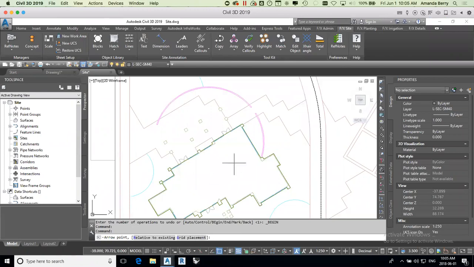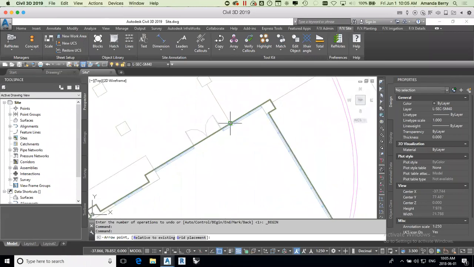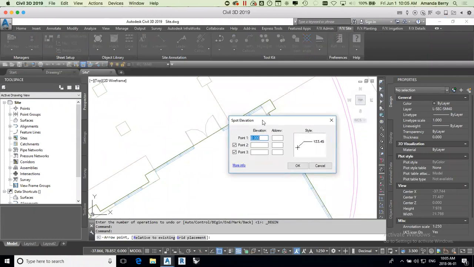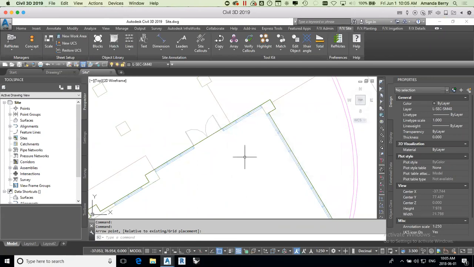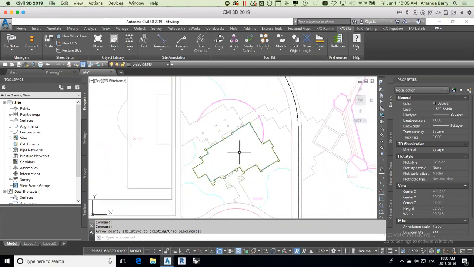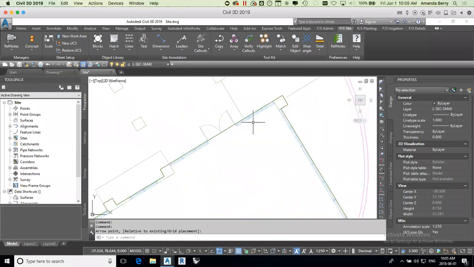You have some other options that we're going to go through in a little bit. But I'm just going to go ahead and snap down next to the building where I know what my elevation is going to be. If I cancel out of here and look at some of the grades around here, let's say that finished floor elevation is probably going to be something like 319.3, we'll say. So if I go in here, spot elevation,